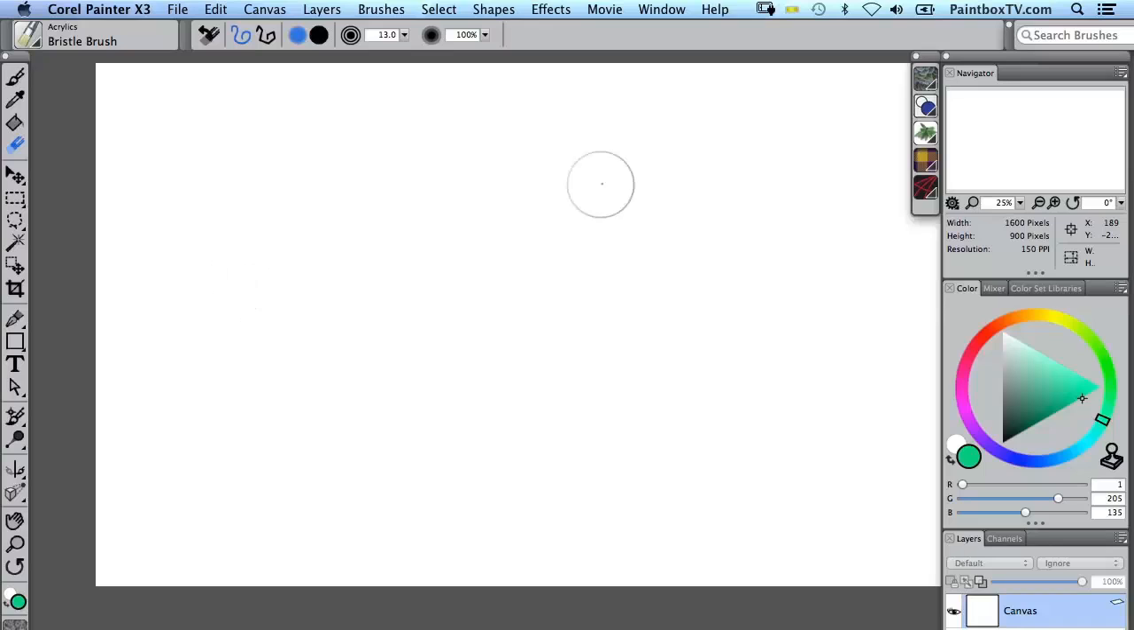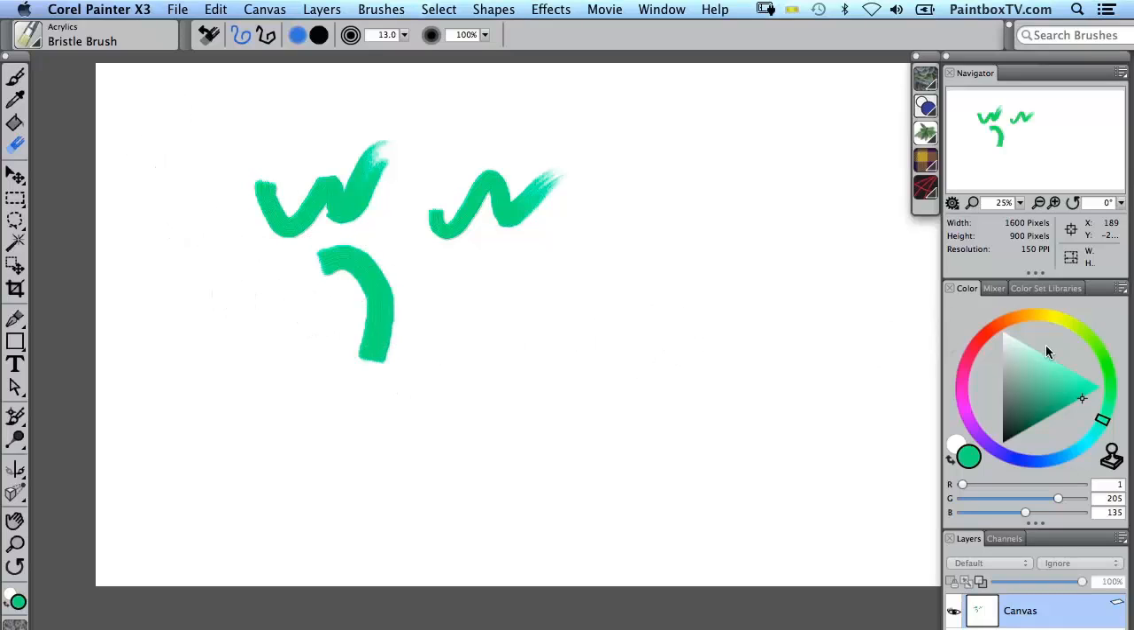Hi, let's take a look at how to pick color in Corel Painter X3. To start with, I'm using an acrylic bristle brush here, and we're going to go into the color panel and just move the cursor around on the hue ring,